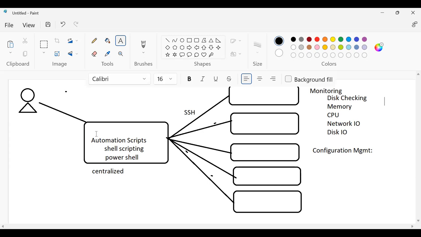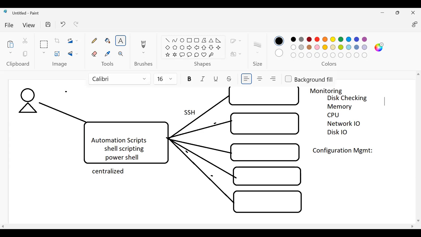Identifying the central system and all the destination or target systems and configuring the SSH configuration is a one-time activity. But if you do this configuration one time, and you have the automation script, then within minutes, instead of taking hours to apply the configuration changes, we can apply them to the entire